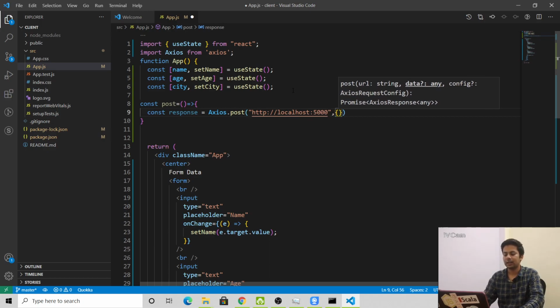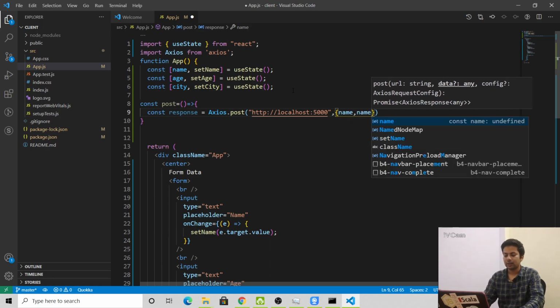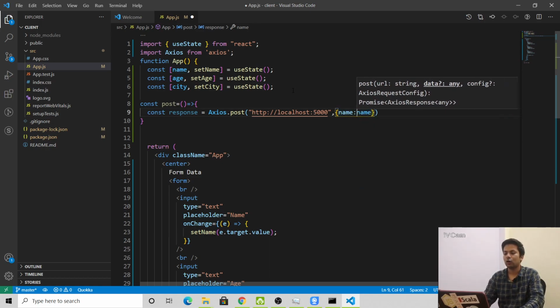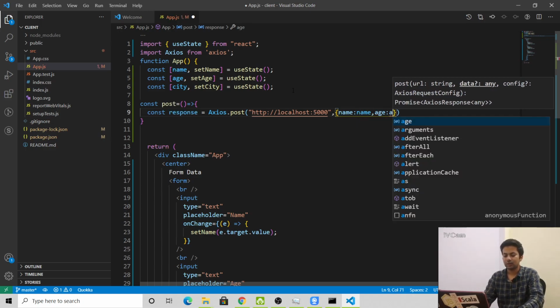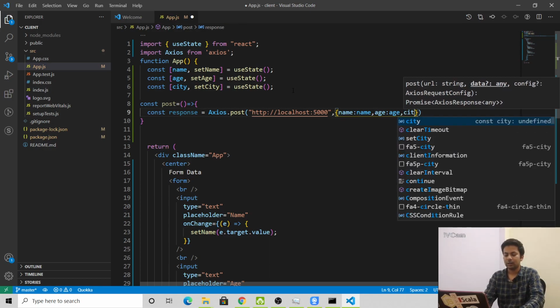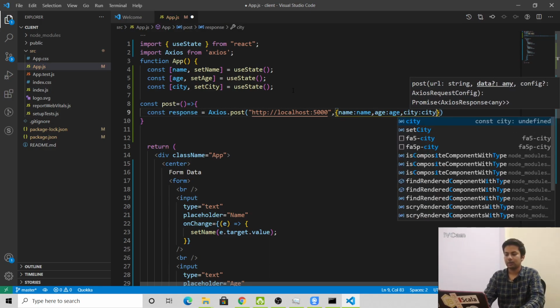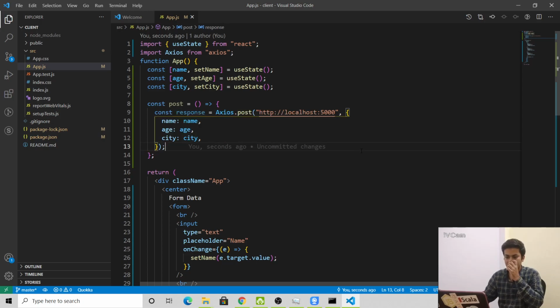And here we'll write the data, like we have name, and we'll show name. Oh sorry, an object will give the data name. Then we have age, city. See, it's like a normal object.